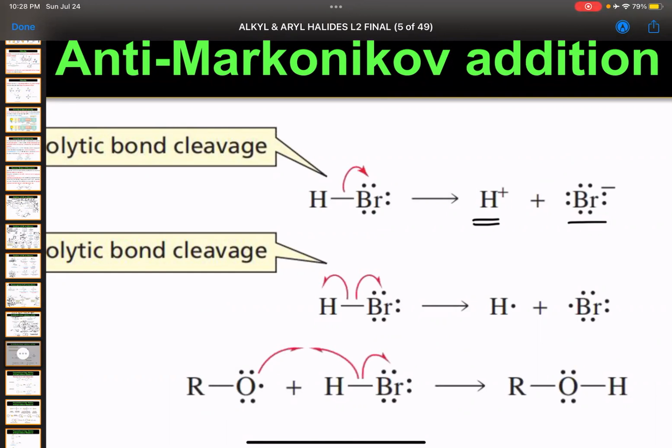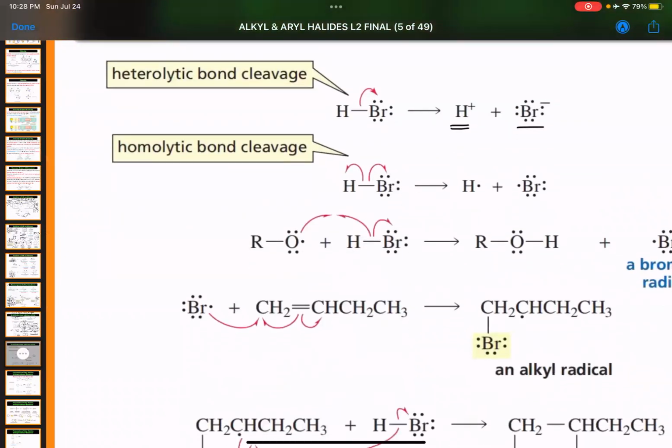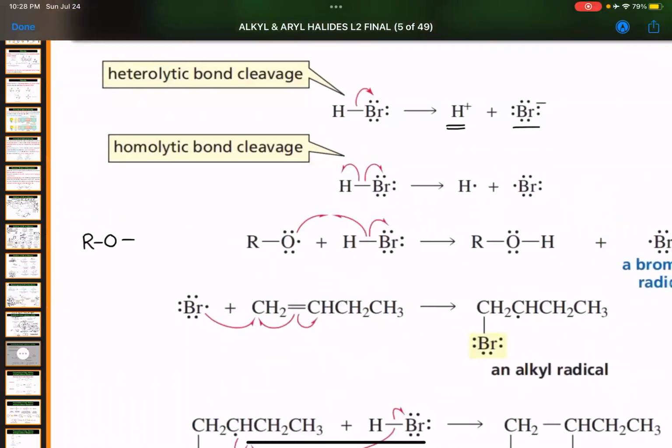But if you take peroxide, how does peroxide change the course of reaction? Peroxide has an O-O bond. That O-O bond actually breaks into radicals very easily. It is weak, it breaks very easily by giving some energy. So peroxide we have taken, and that actually changes the course of the reaction. If you heat it,